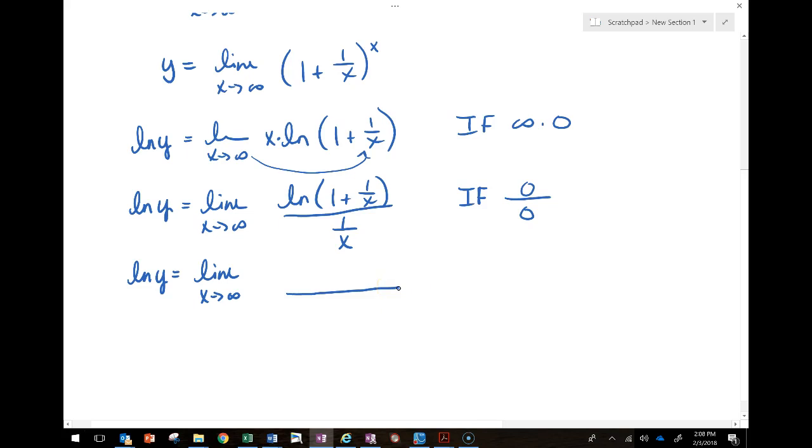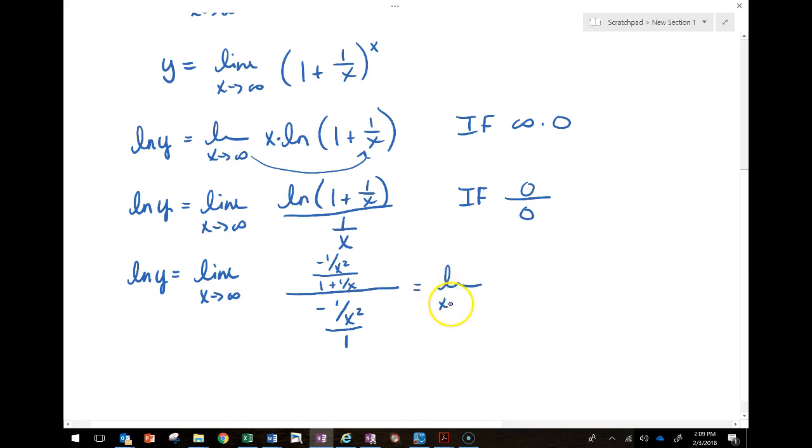The derivative of the denominator looks a little bit easier to handle. That's negative 1 over x squared. Or in other words, x to the negative 1 becomes negative x to the negative 2. For the derivative of the natural log function, I'm going to put the 1 plus 1 over x in the denominator, and then chain ruling, coming back and taking the derivative of what's inside, I get another negative 1 over x squared. So taking a look and simplifying that quotient, if I put this all over 1 and invert and multiply,